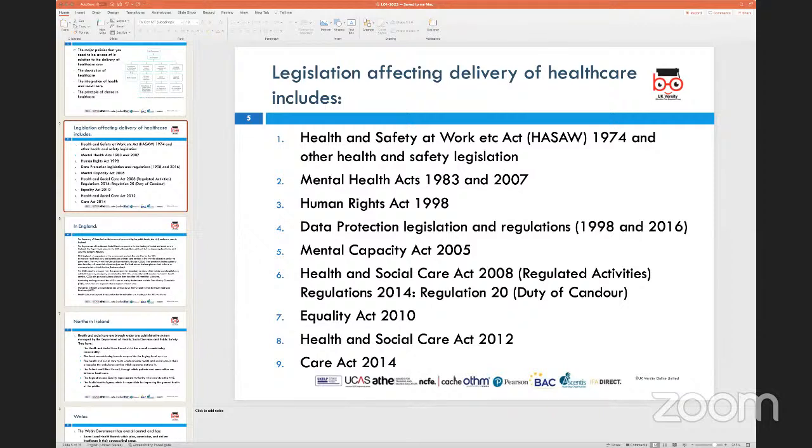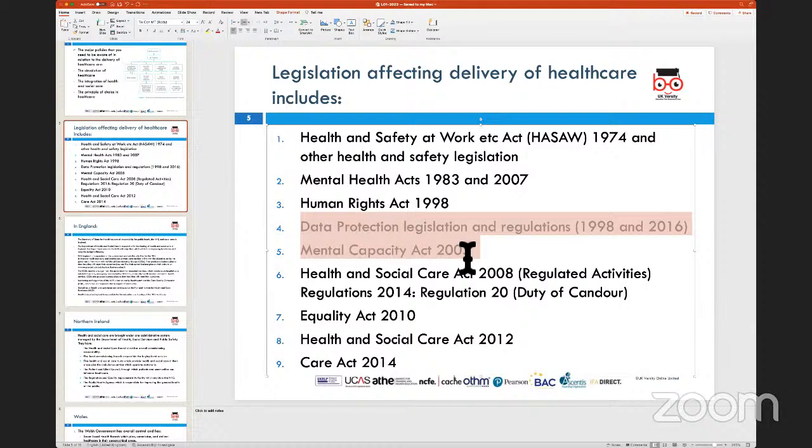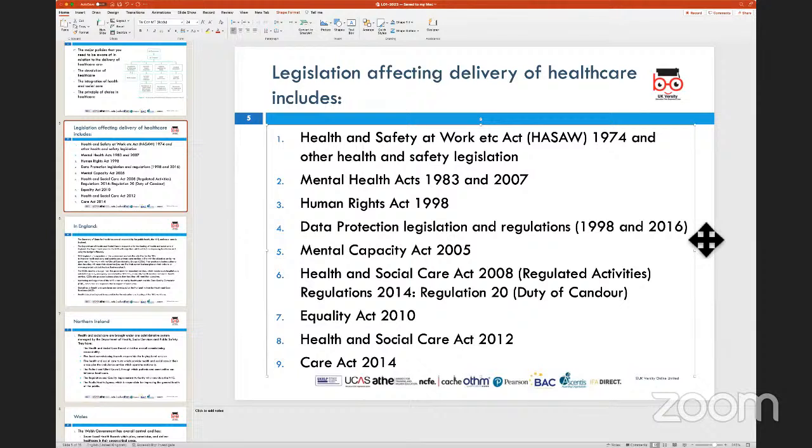We also look at the Mental Health Act. Now, the Mental Health Act obviously was introduced initially in 1983, but later on it was amended, and there are amendments to the acts which are introduced over a point in time. So when we look at, for example, the Data Protection Act, it was introduced in 1998, but it underwent some changes with the General Data Protection Regulation,